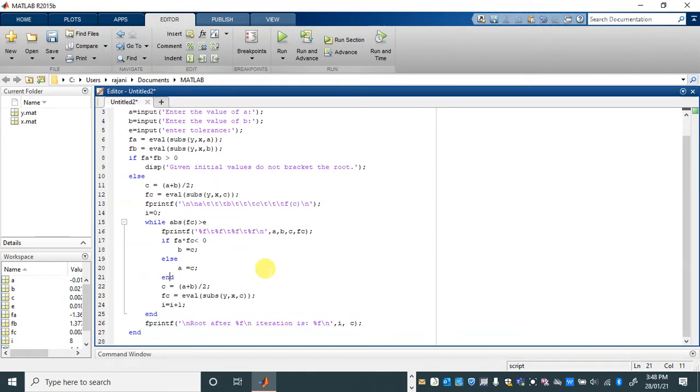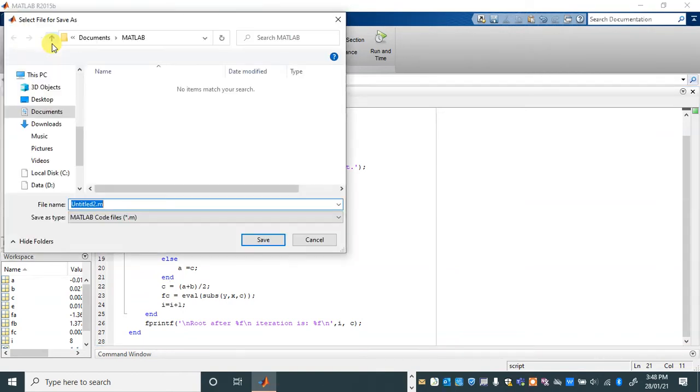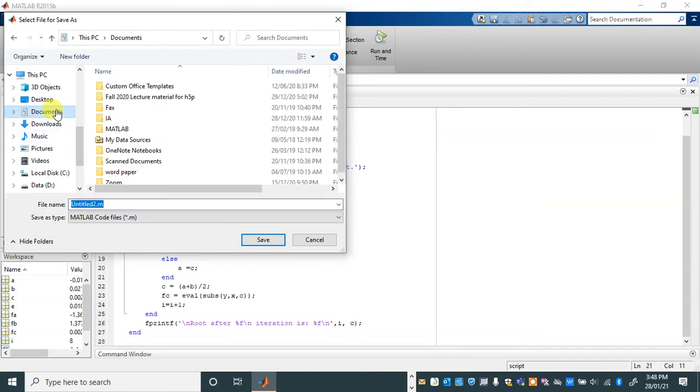Before running this, you must save this file. For saving it, you have a button here, save. You can save it anywhere, preferably in your documents or in D drive. So let's see, documents. It is an M file.